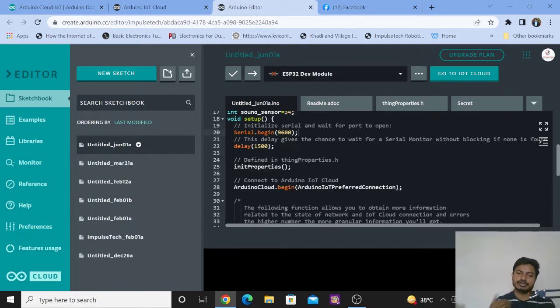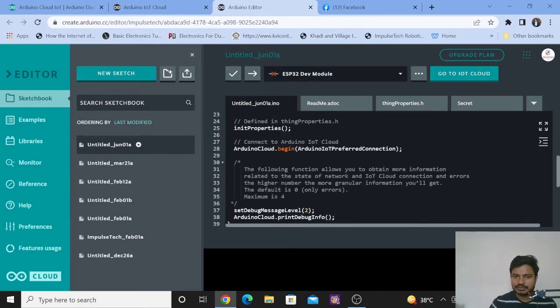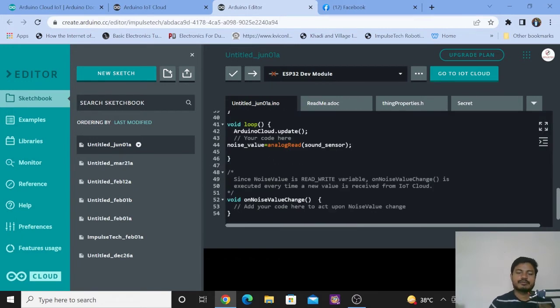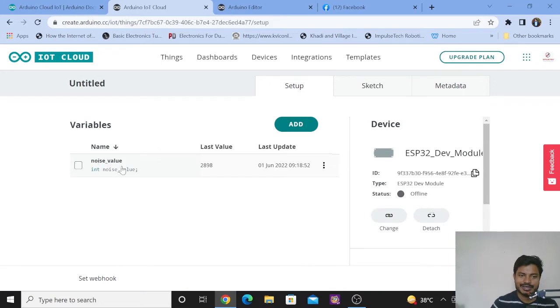Now inside the widget setup, there are a few basic things. To turn on the serial monitor, we have initialized Serial.begin and given a delay of 1.5 seconds. It's very simple. These are the basic things related to the Arduino IoT Cloud platform. Now the main thing that I've done here is the modification inside the while loop. If you remember, I have created a variable named noise value. If I go to my setup, here you can see I have created a variable named noise value,